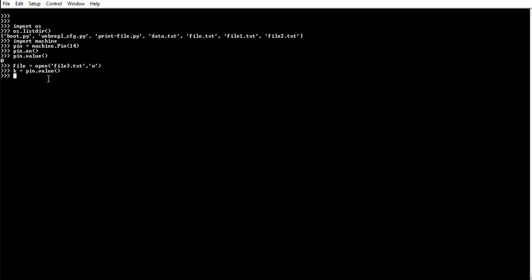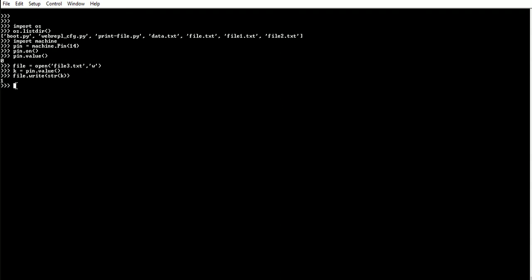Okay, and then file dot write of, we convert this into a string because it writes only string values. So we have written 1 byte here. You can see here it is 1, so that means 1 byte.